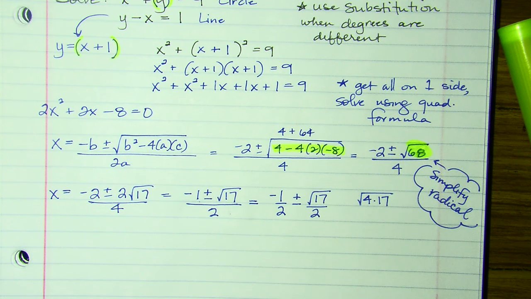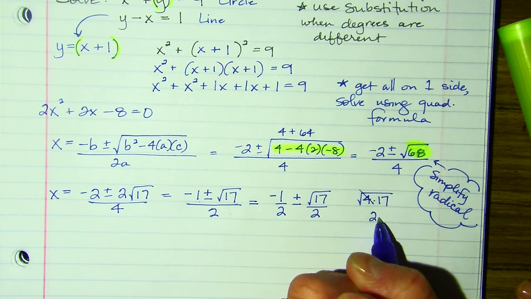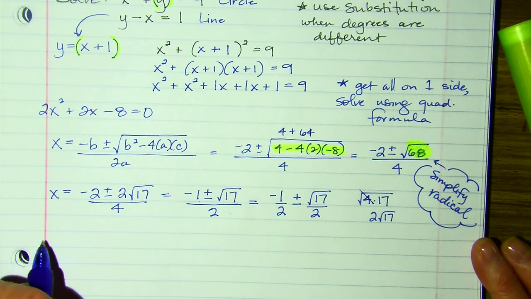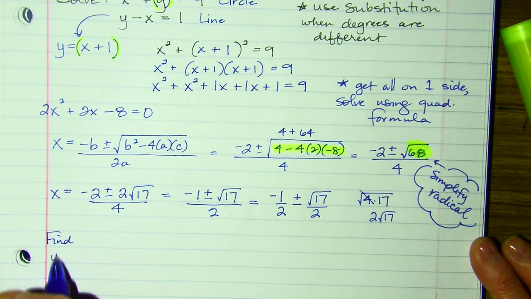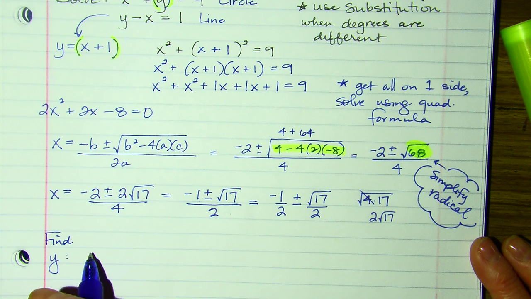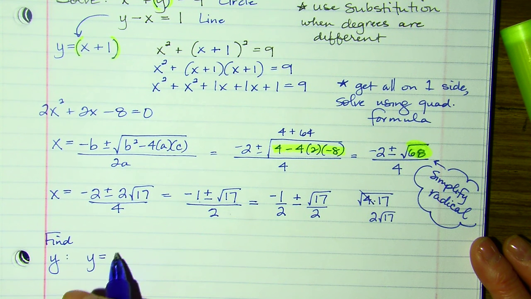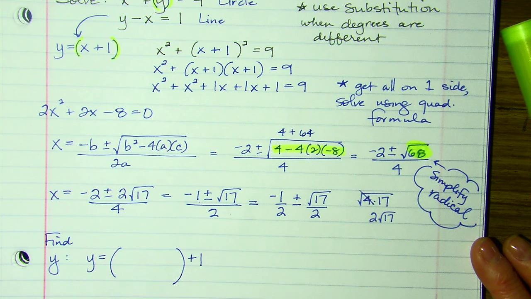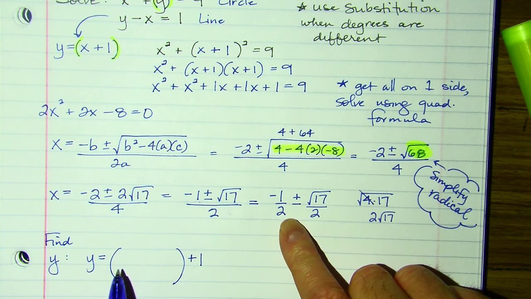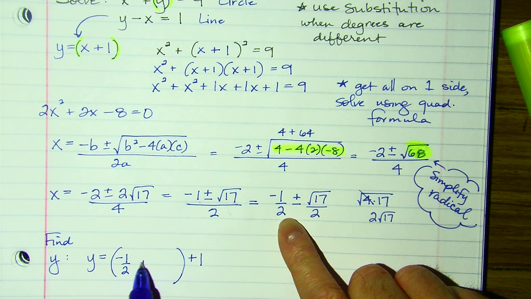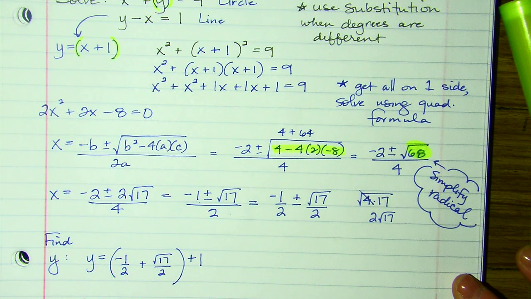Now that only tells me x. I have to find where these intersect. So I need to find y. So let's say I'm going to plug it into that bottom equation, y equals x plus 1. Okay, so I'm plugging in the first x value, negative 1/2 plus the root of 17 over 2, plus 1. And then I'm going to plug in y equals the other x, negative 1/2 minus the root of 17 over 2